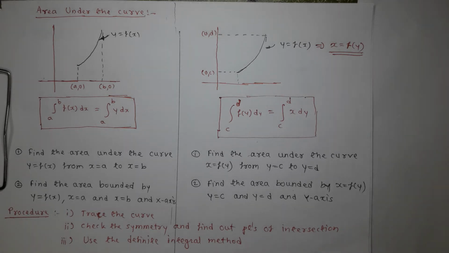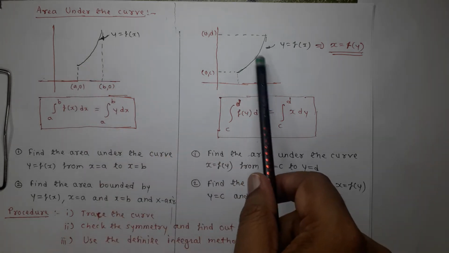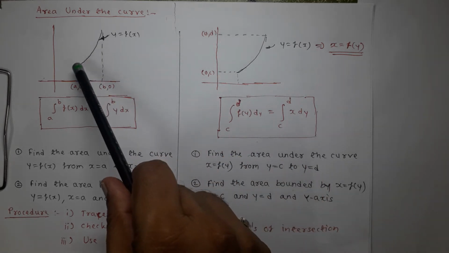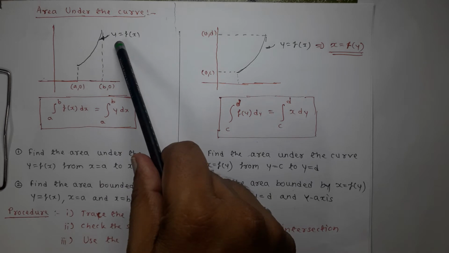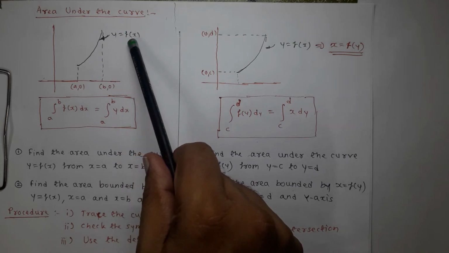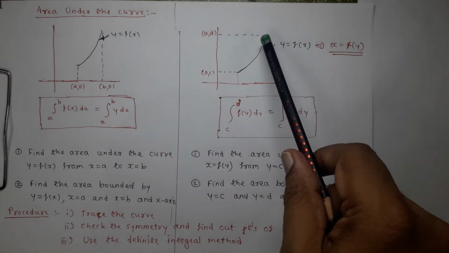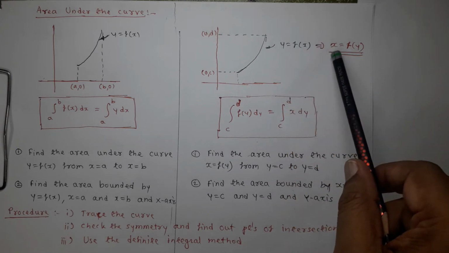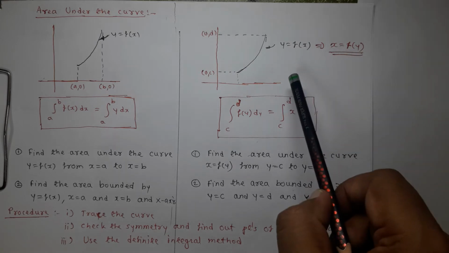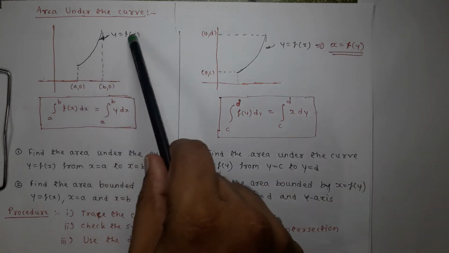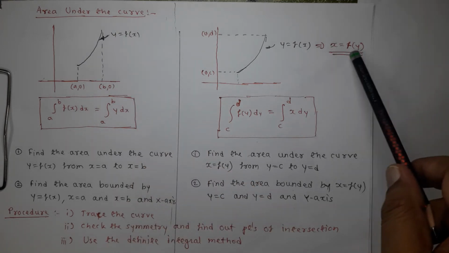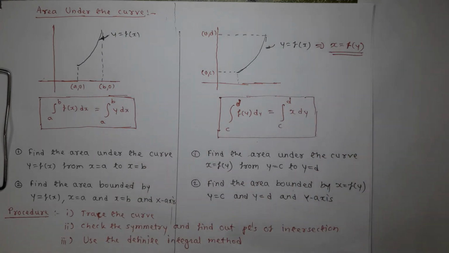Now in order to discuss this concept, I am considering two curves over here. Let both of these curves be the same. The only difference is that this curve, its equation is expressed as y is equal to f of x, and here in the second case, instead of expressing the equation as y is equal to f of x, I am expressing it as x is equal to f of y. Means here y is a function of x and the equation is expressed in this manner, whereas here x is a function of y and the equation is given in this manner.